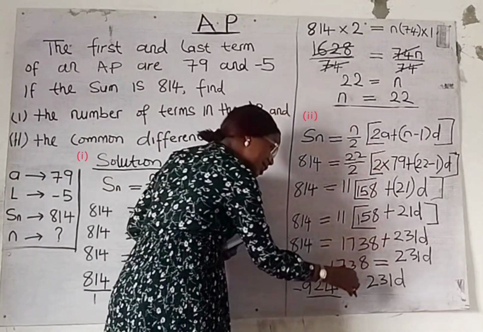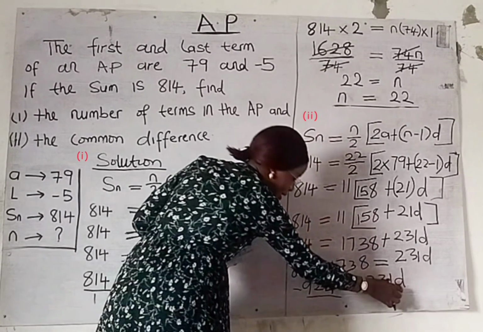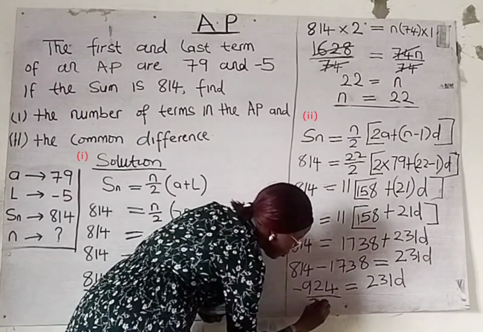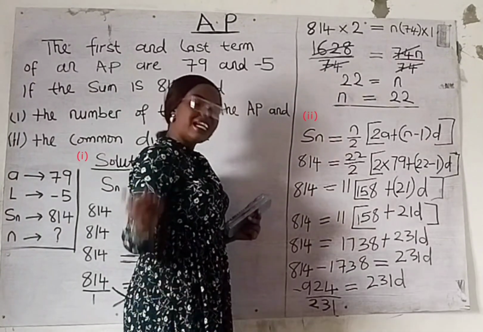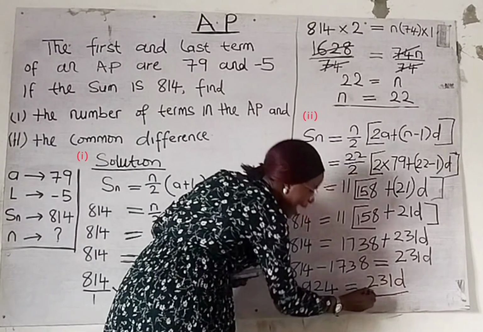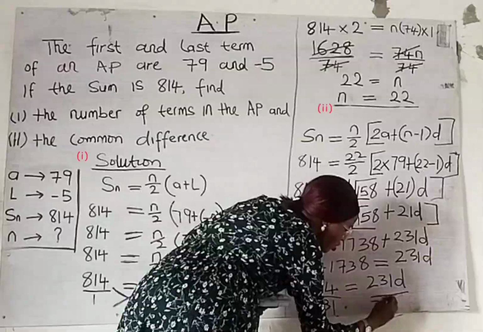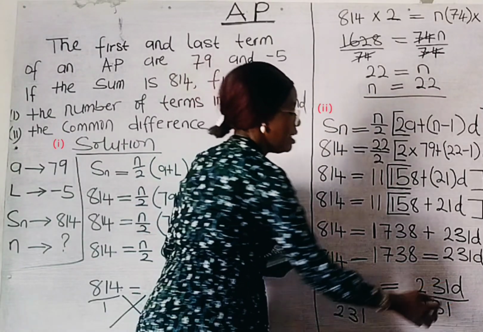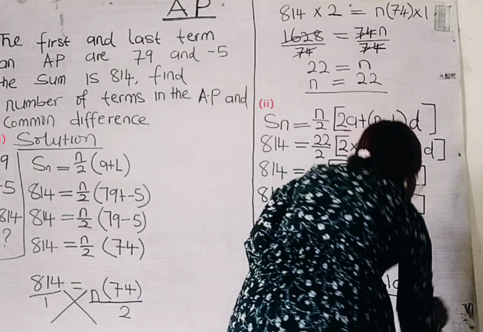The coefficient of D in this equation is 231, which is the number with D. And I still say 231 divided by the same 231. A number divided by itself gives us 1. So what remains here is nothing but D. I'll write it out. D